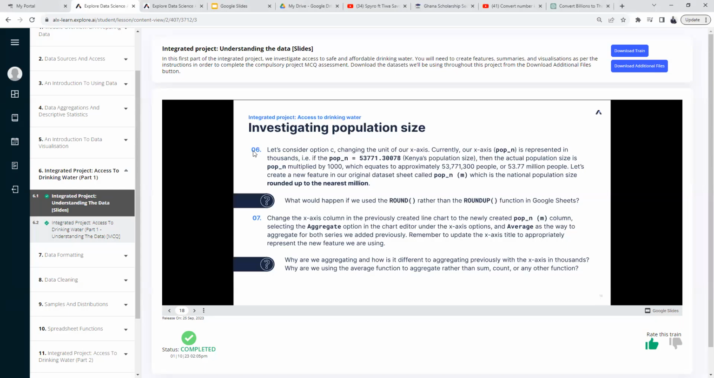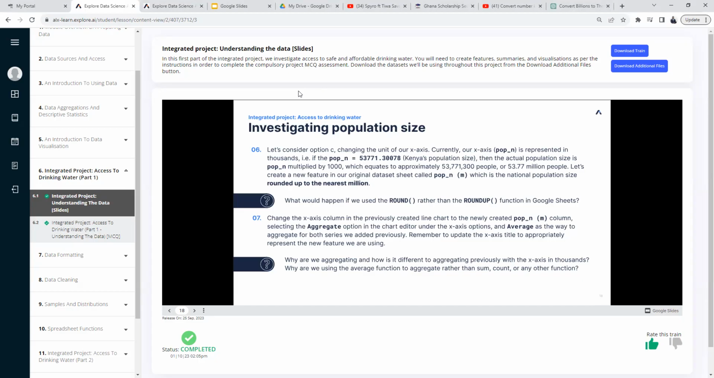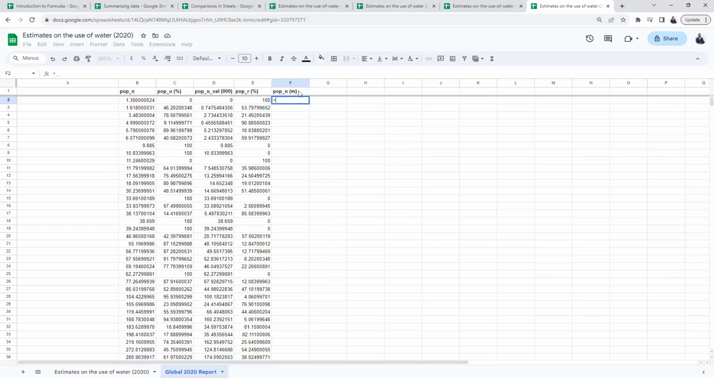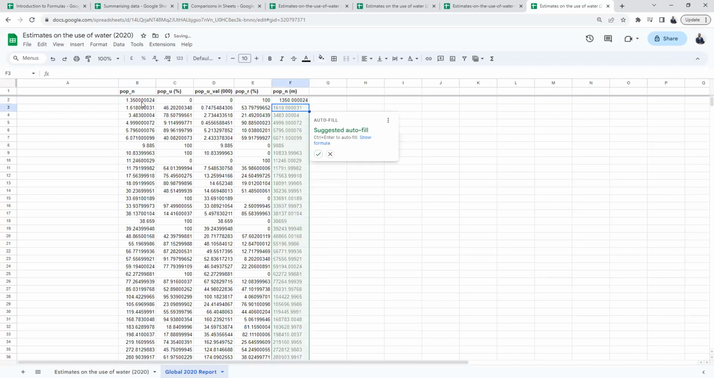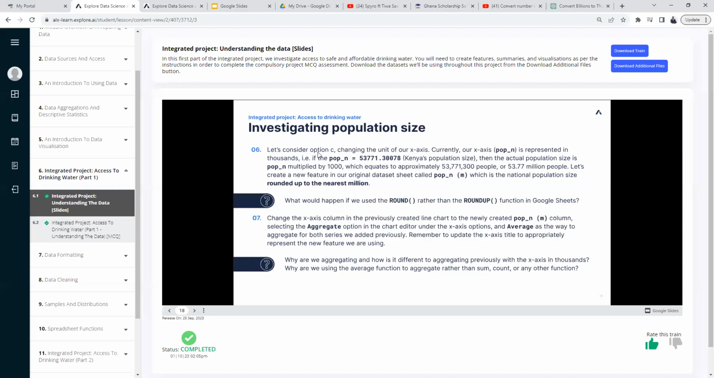Sorry, so pop n, creating a new column called pop n m in millions. Okay, so it says we multiply the population value by 1,000. So this is the population value. We multiply by 1,000. Okay, so this is the value for pop nm, but we have to round it up